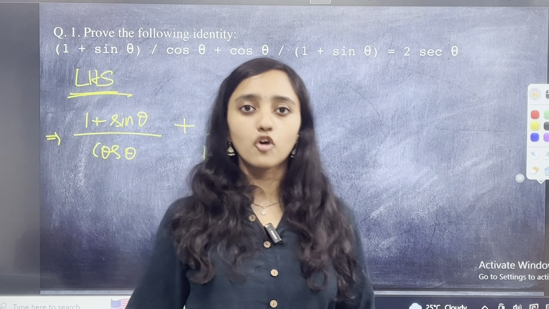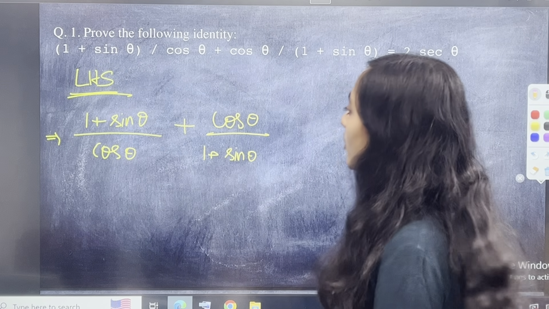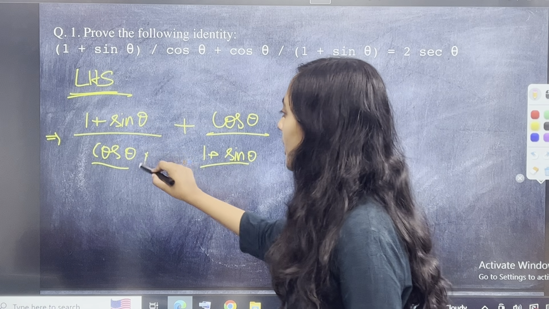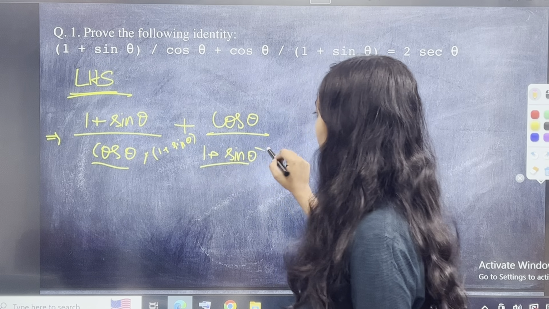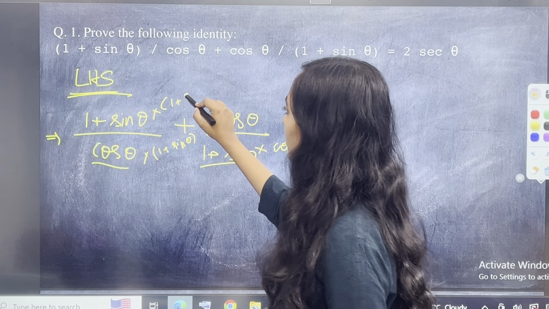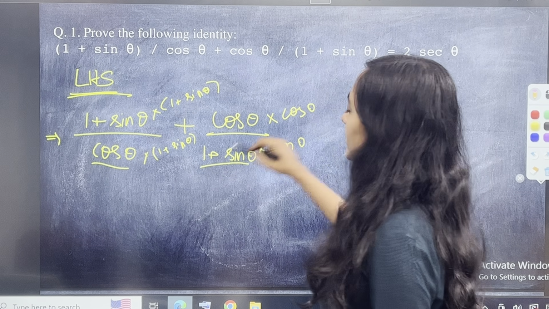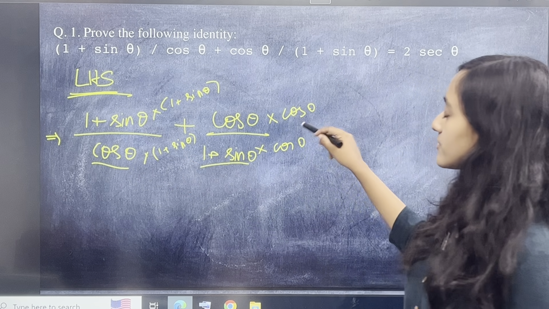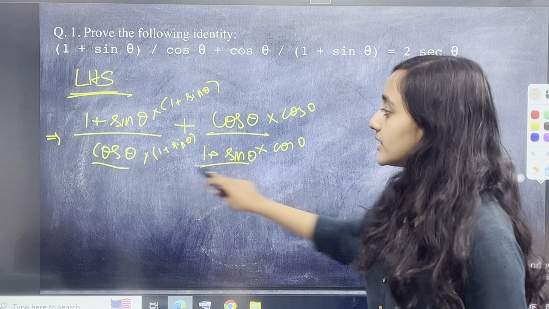We have to make the denominator common. How does one make the denominator common? By doing cross multiplication. Basically, what I mean to say is that यहाँ पे 1 plus sine theta है, यहाँ पे cos theta है. So यहाँ पे I will multiply by 1 plus sine theta, and यहाँ पे I will multiply by cos theta, and you have to do it as you all know both ऊपर और नीचे. ठीक है? So in the first fraction, I'm multiplying by 1 plus sine theta ऊपर और नीचे, and in the second fraction, I'm multiplying by cos theta ऊपर और नीचे, so that entirely नीचे होगा.